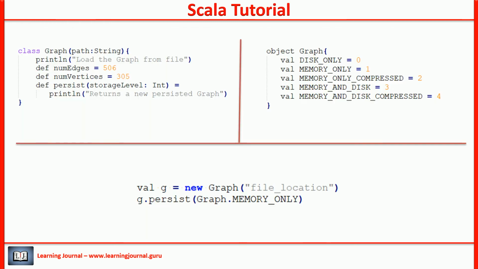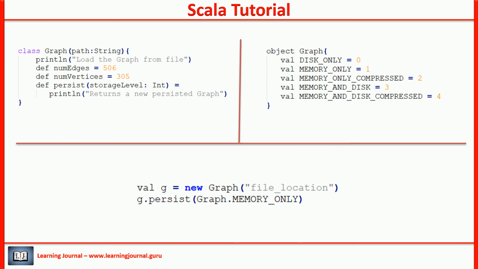Well, that's not the end of the companion object. Some people don't like using the new keyword to instantiate a class. Scala's philosophy is to help you create concise code. Why are we typing the new keyword then? Can you eliminate that? The answer is yes.